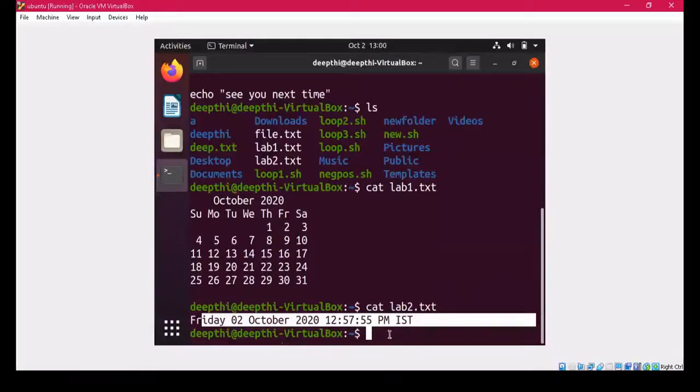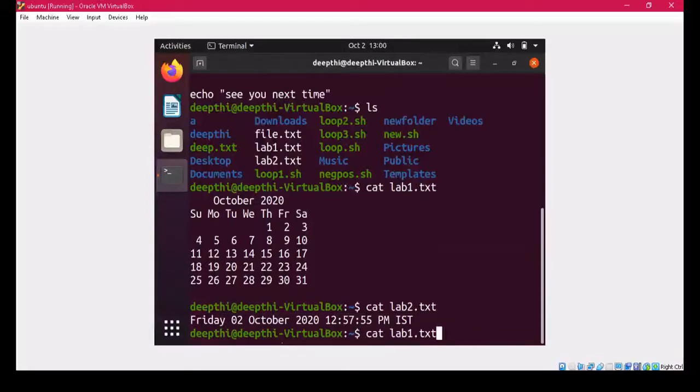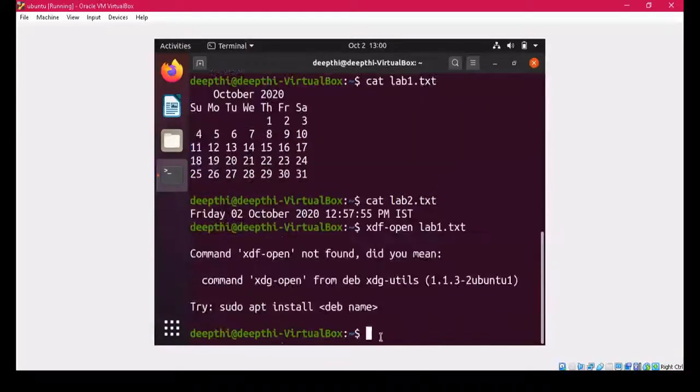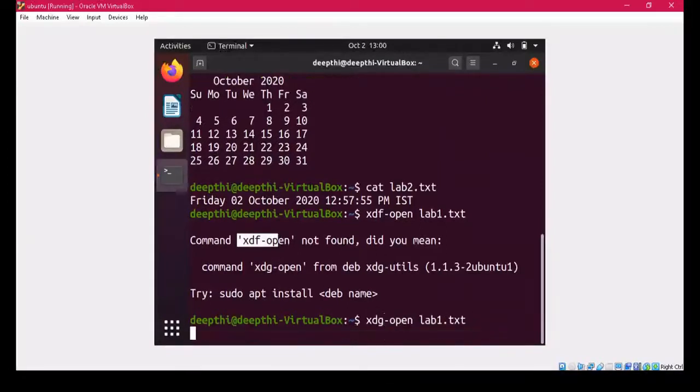Also you can open the files. And how will you open this? If I write xdg open, you cannot open it this way because you have to use this command. I made a mistake here, sorry, I have to write xdg.